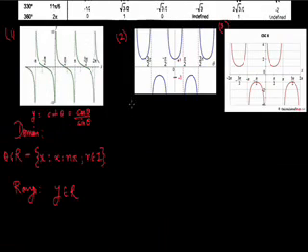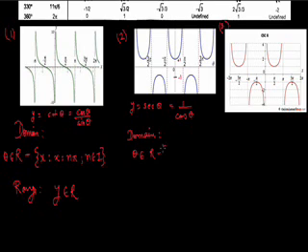So let's talk about the domain and range of this function. It was y equals sec theta, which can be written as 1 upon cos theta. So when we discuss its domain, we will exclude all those points for which cos theta becomes 0. So theta belongs to R minus the set of all x such that x equals, now we know that cos theta is 0 at odd integral multiples of pi by 2, which can be written as (2n plus 1) times pi by 2, where n belongs to integer. So this is the domain of sec theta.